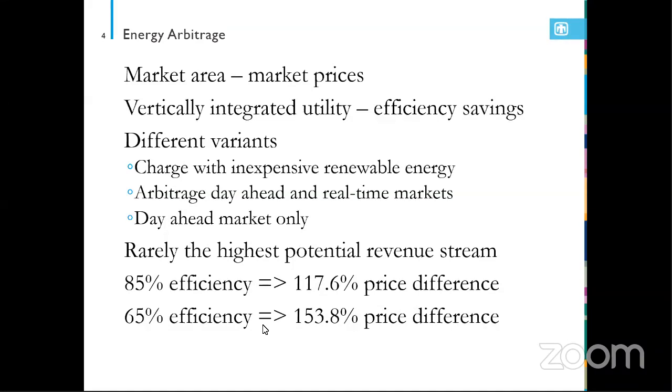You can also have different variants of arbitrage. Instead of buying and selling in a market, you can charge from solar or wind and then sell into a market. You can also arbitrage between a day ahead and a real-time market, or participate just in the day ahead market. Oftentimes prices in real-time markets are much more volatile, so there is much more of an opportunity for arbitrage. But it does get to be a forecasting challenge if you're playing both the day ahead and real-time markets, because oftentimes you'll have to decide when you're going to buy and sell well in advance of the actual market